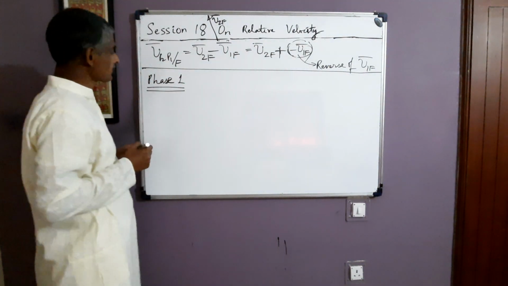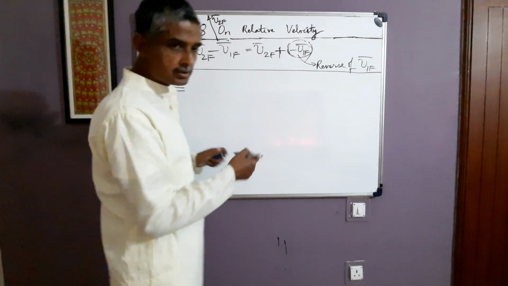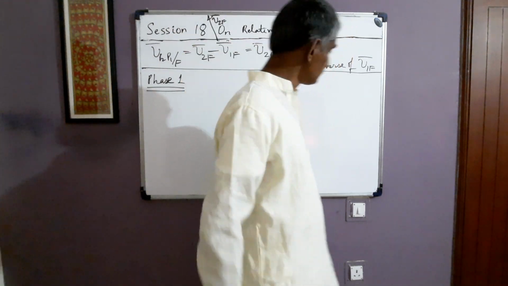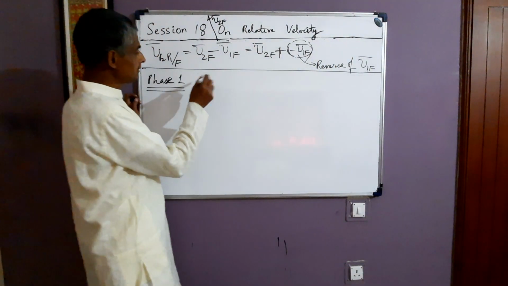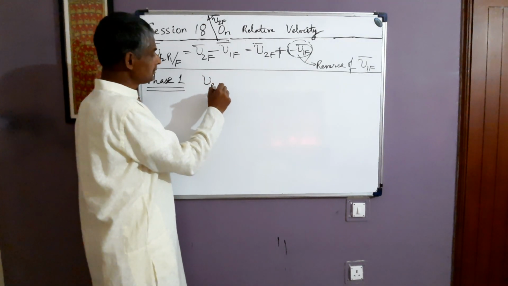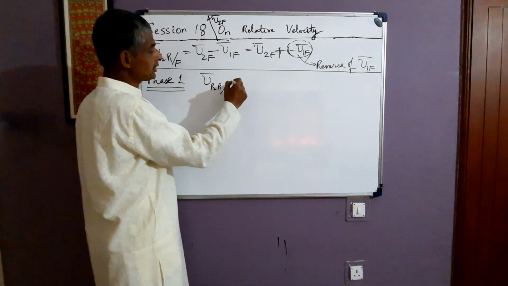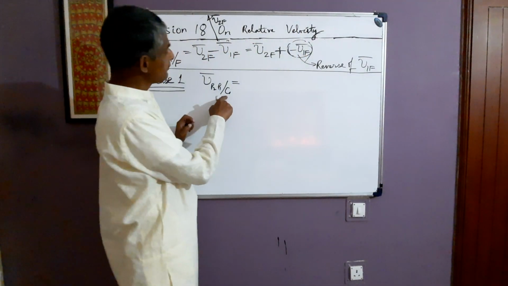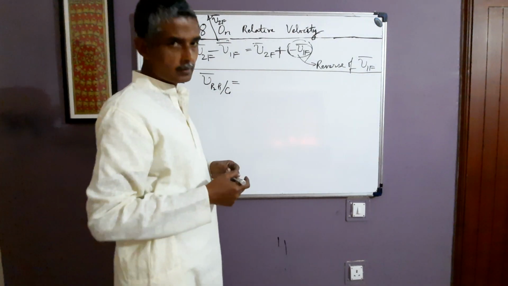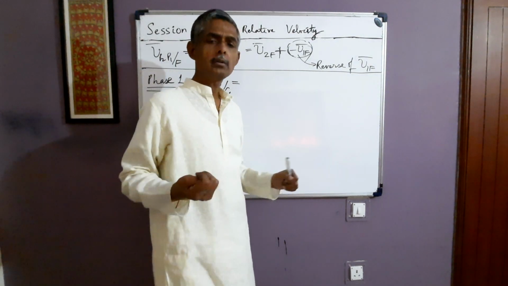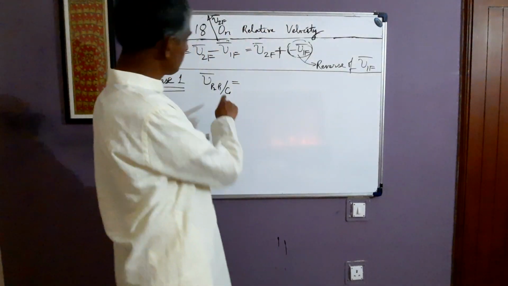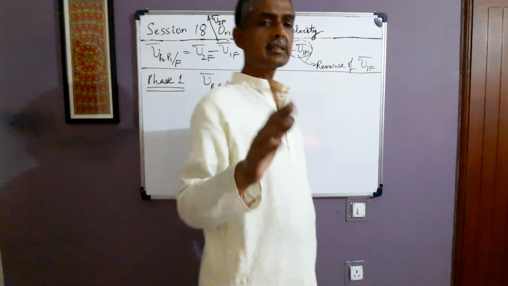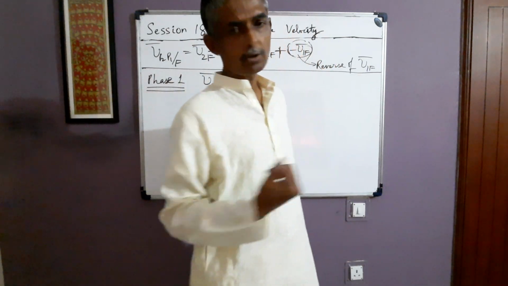Phase 1, I have just mentioned just now: V1G and V2G are parallel or anti-parallel. So I'll write it down. V P2 P1, instead of F, we are taking the ground frame. But the basic concept is valid for any other frame. Suppose instead of ground frame it is M frame, then we'll take V2M minus V1M. But just for the sake of understanding, for the sake of practice, instead of F we are taking ground frame. The same method and same theory will apply if we take some other reference frame.